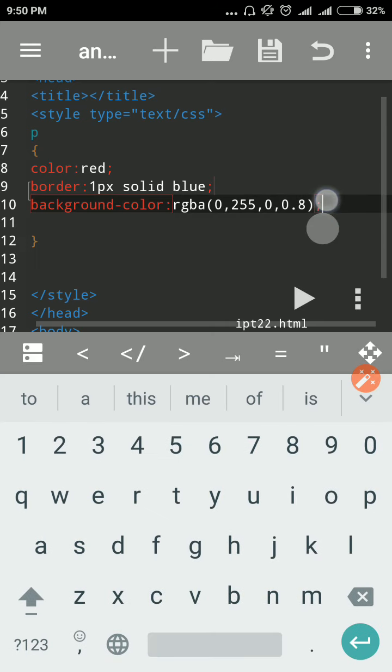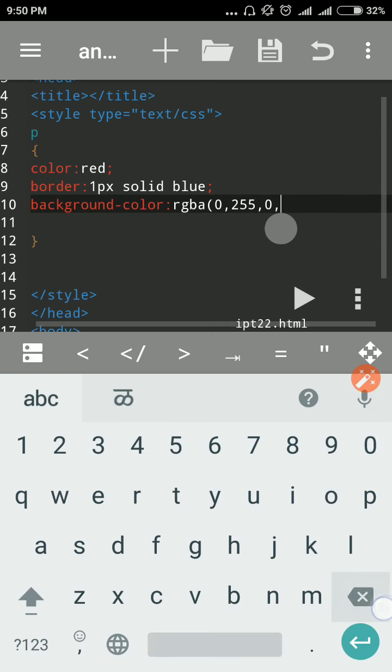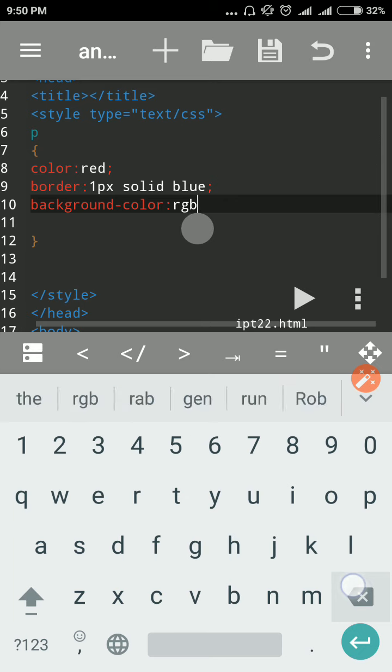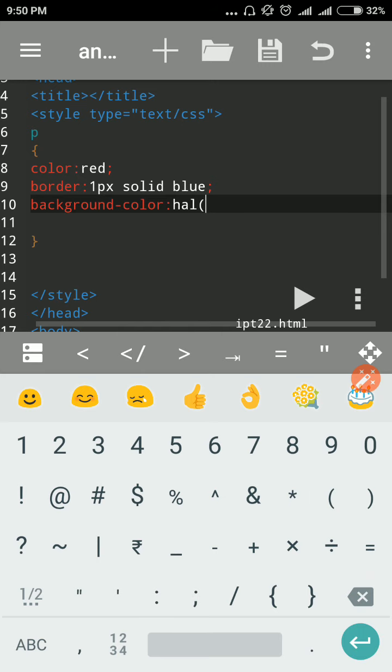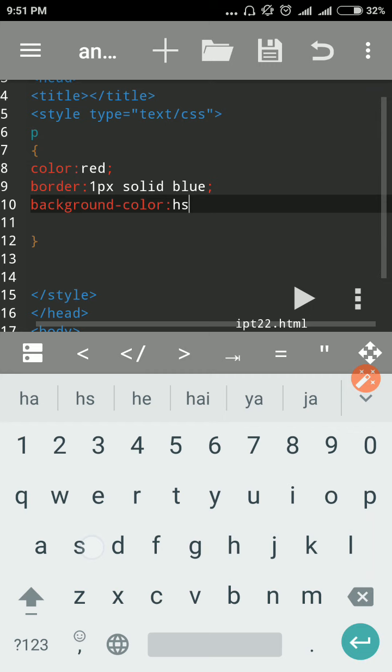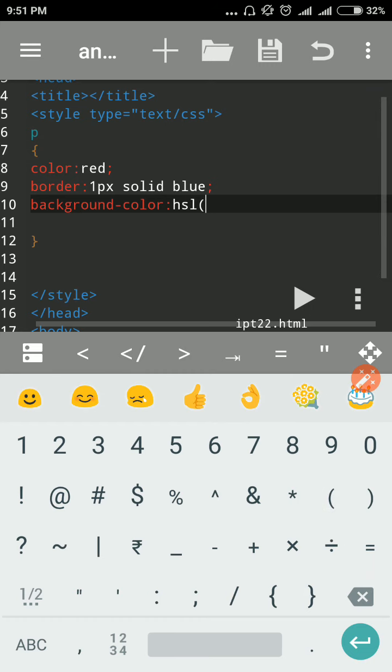Then the third, and the fourth is HSL, hue, saturation and lightness. So HSL, then bracket, the hue we can provide the 360-degree angle. So that is the format.